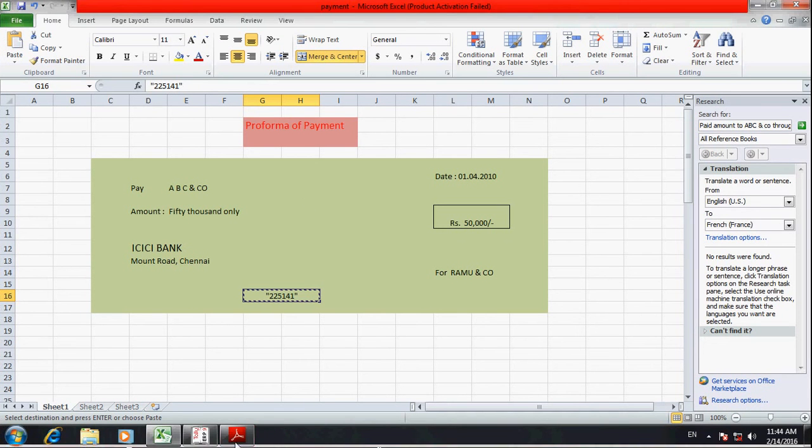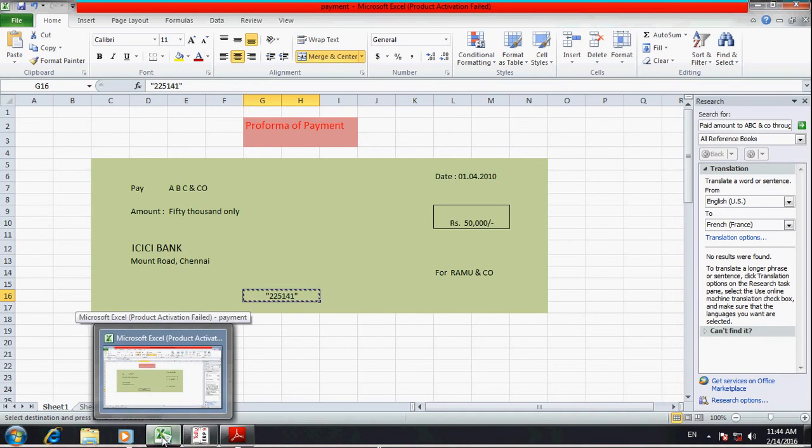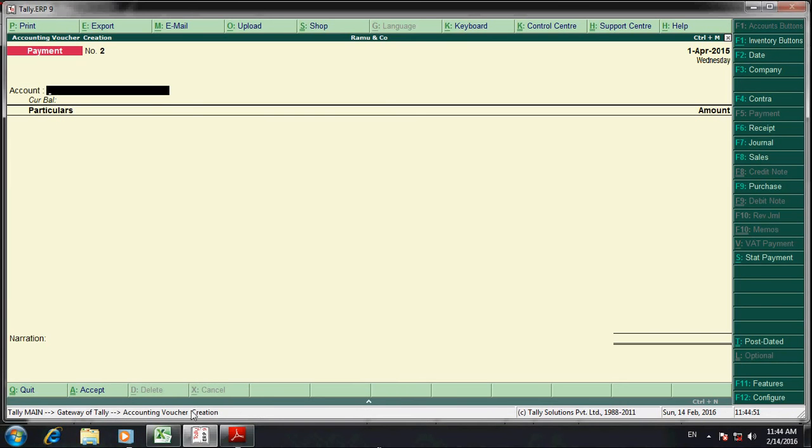So payment is very simple. Payment and receipt entries are not difficult, such as purchase and payment vouchers. Now go for another example.